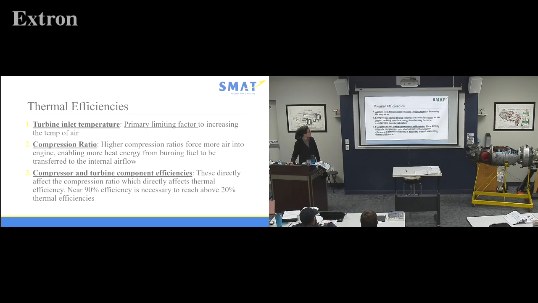So, and these are the same ones that were in the last slide if you're taking notes. It's fine. So turbine inlet temperature, right here, if all you can see. So coming off of our combustion chamber, we've got these super hot gases that have been on fire, hitting our